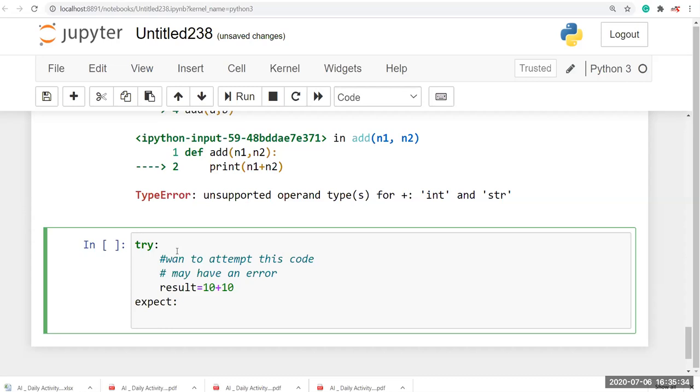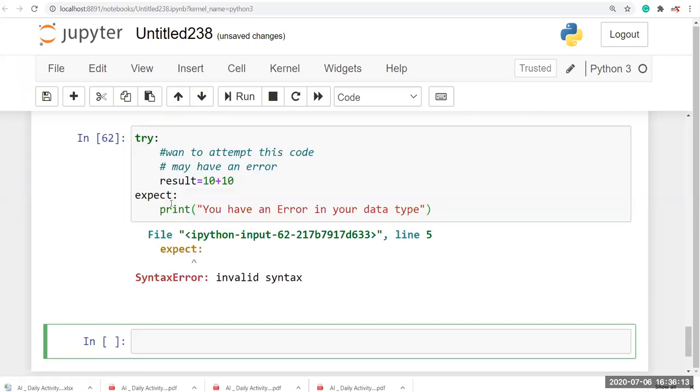I'm going to just print: you have an error in your data type. Okay, I just pass this. I'm going to run this. So it is a syntax error.